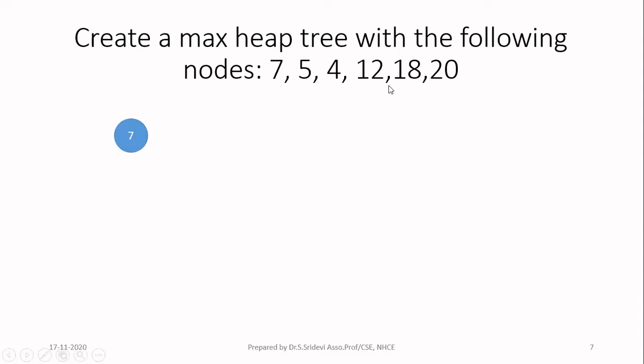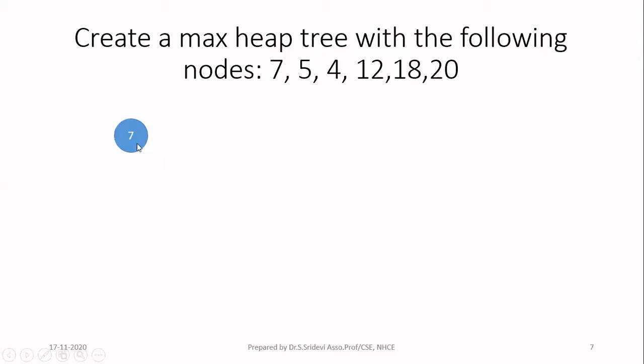So my first step is I have to create a new node for this 7. So I am creating a node. Here I have shown it as a circle, but actually creating the node means you will create a node for a binary tree with the 2 children and then 1 data field, what we have seen in the previous expression tree. So likewise, you have to create. To make our process simple, I have shown only the circle here. So construct the root node now.